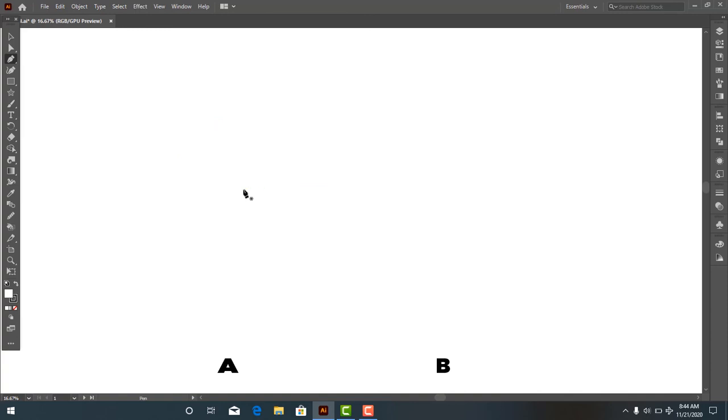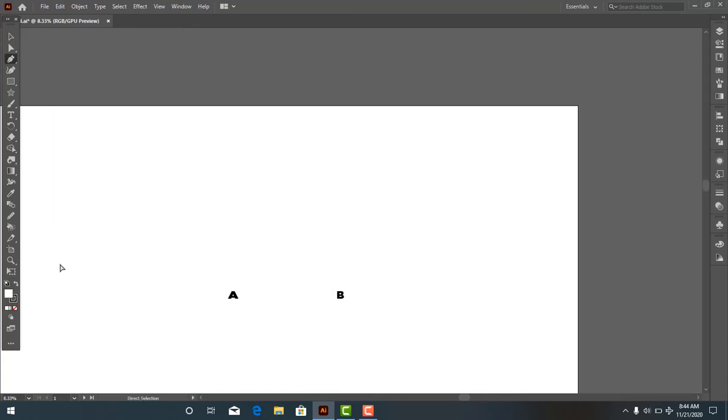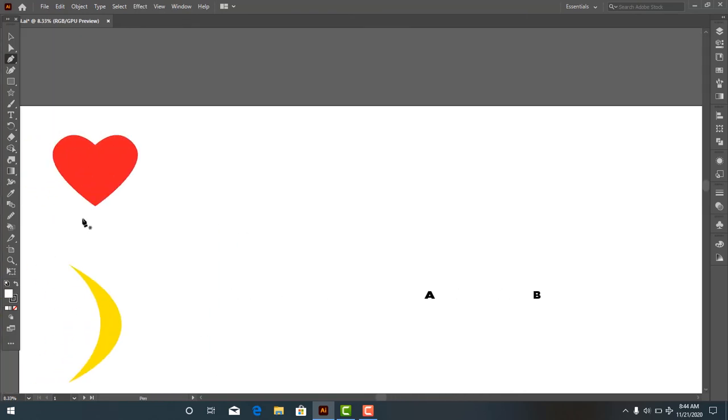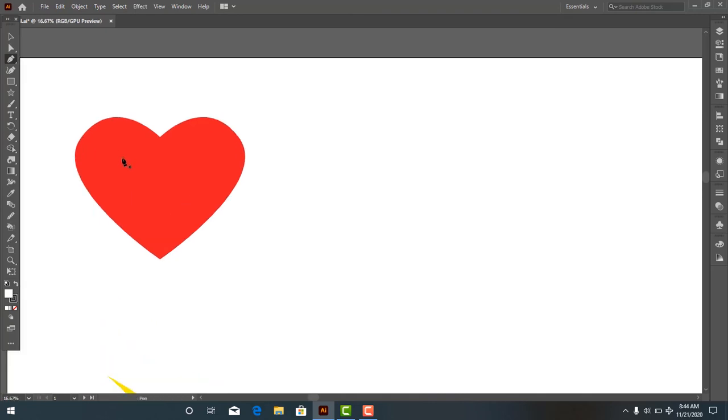And for two curves connected by a corner, click and drag the handle up, make your next point, click and drag the handle down. Without releasing your mouse, hold down your Alt and take the handle up, and then create your next curve. And that's pretty much all you need to know about the pen tool. And you can use it to do different shapes. As you can see, I have an art here,